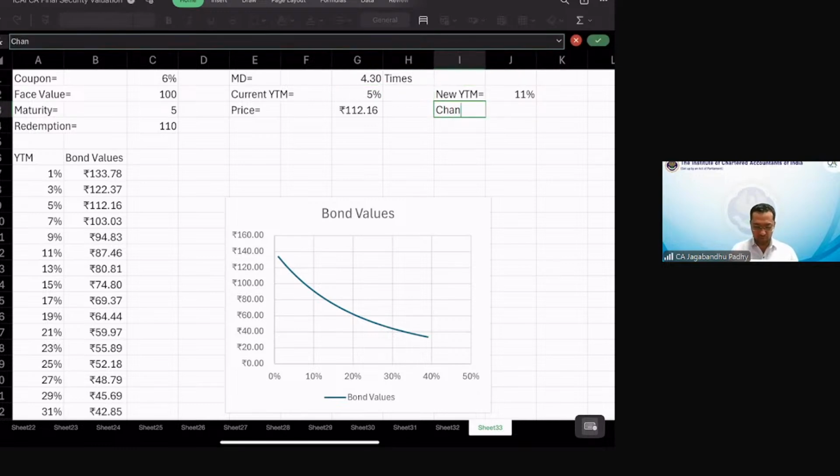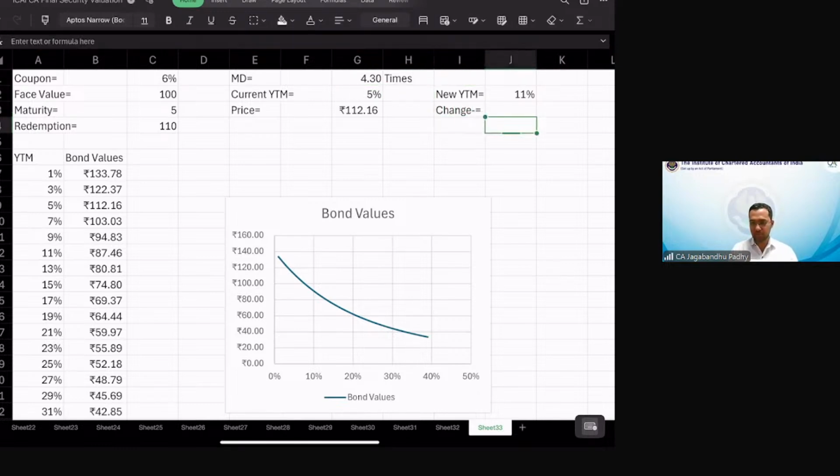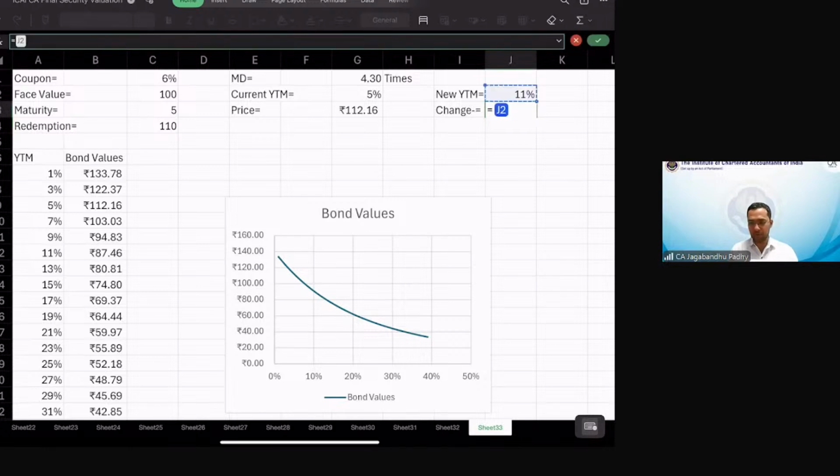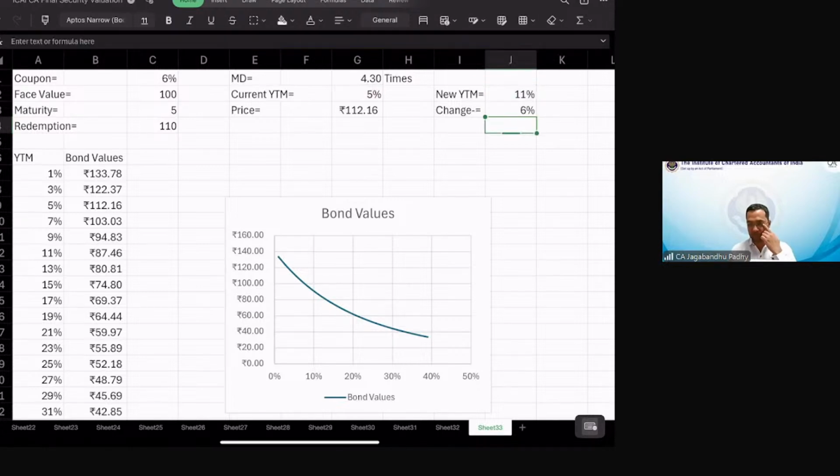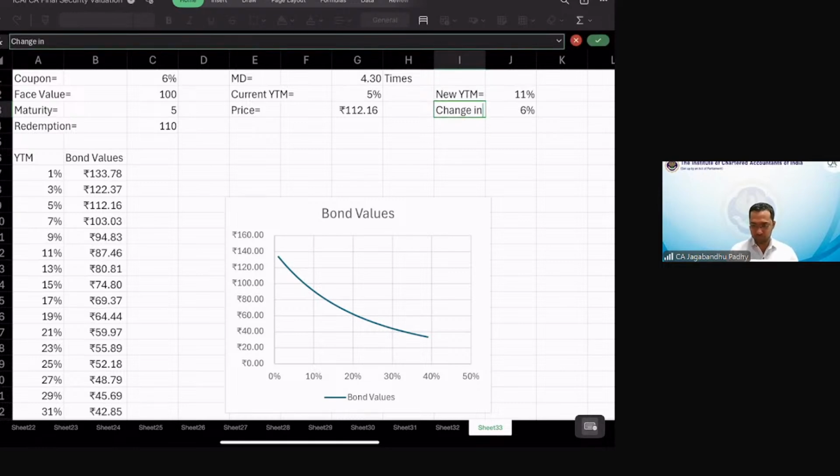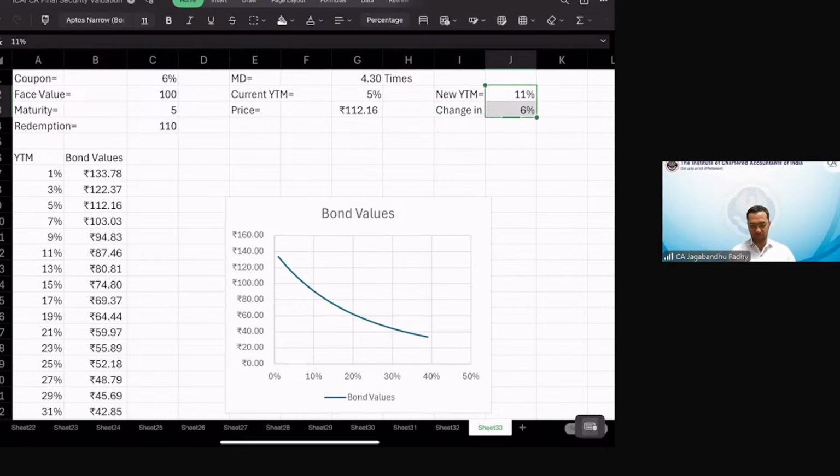The change in YTM is basically 11% minus 5%, so we are changing the YTM by 6%. So going by the definition of modified duration, if there is a change of 6% in the YTM,